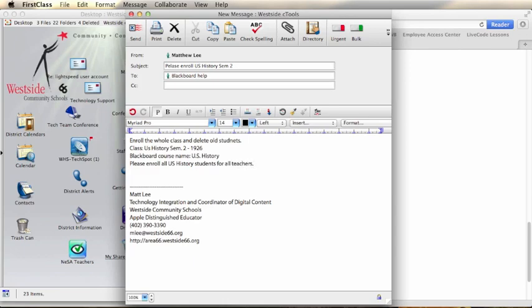That lets me know that this is a team taught class, and I need to not just look for students that have Matt Lee as a teacher, but also have any other U.S. history teacher. That's it. I'll go ahead and I'll hit send,